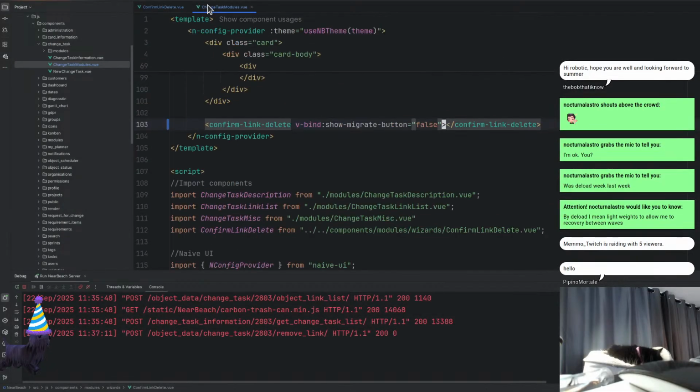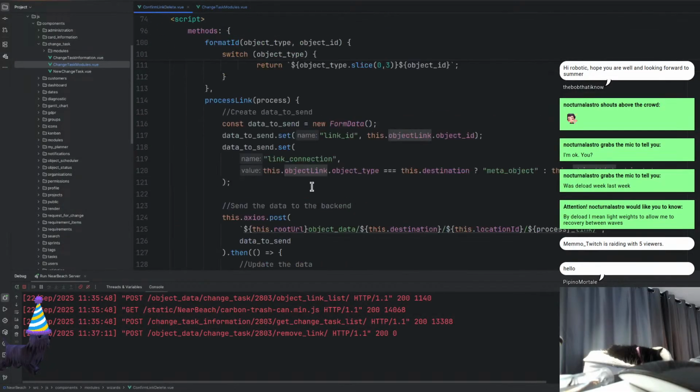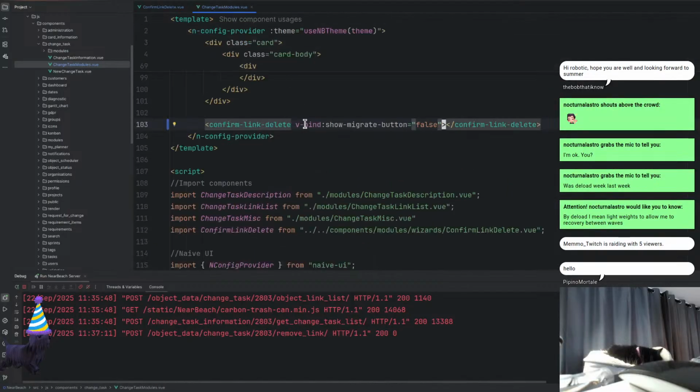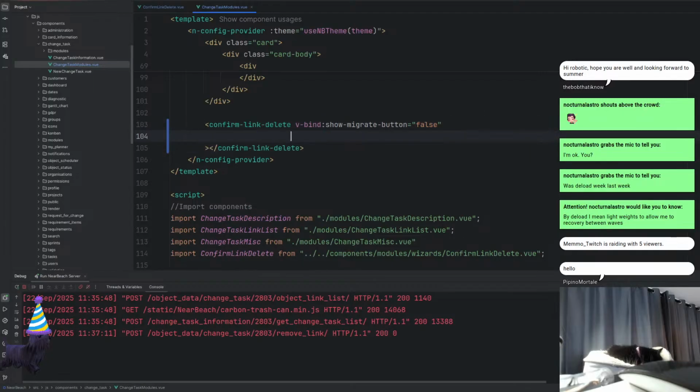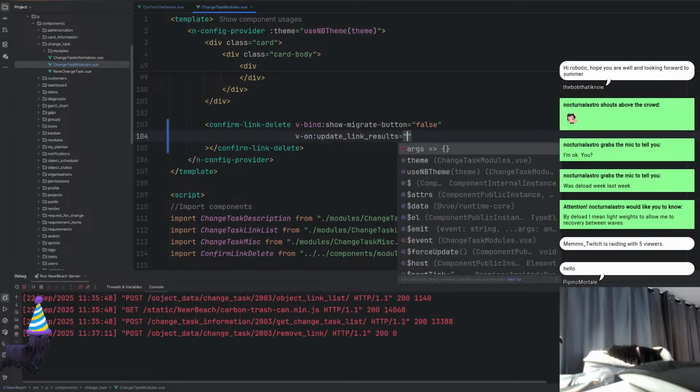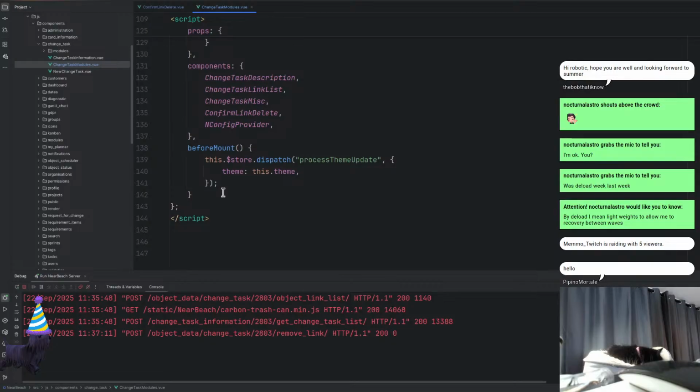And then what we want to do is update link results. So in here, we want v-on update link results, and this is where